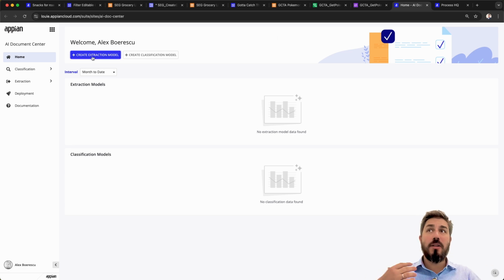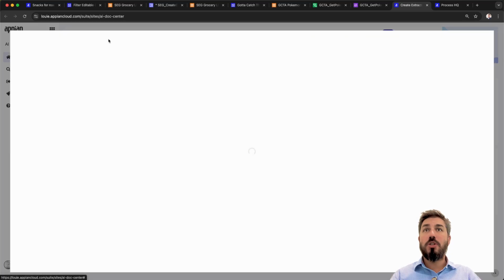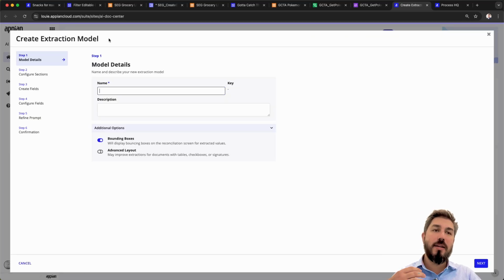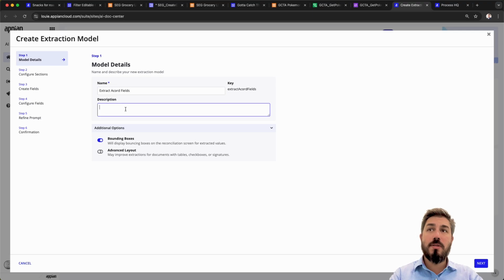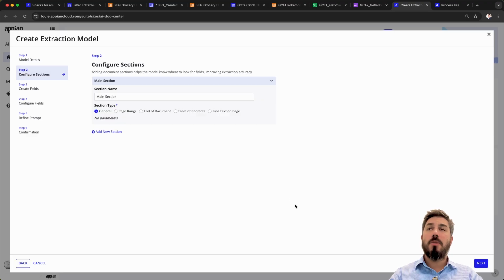Now, I'm just going to create a quick extraction model to show you how quickly you can extract data from your documents. So, extract ACORD fields. This is a document format used in insurance within the US space. A neat feature for this one, besides being able to define sections, page ranges, etc.,